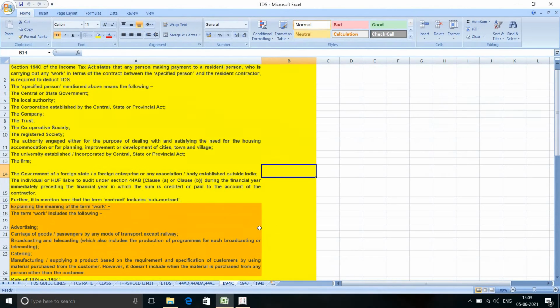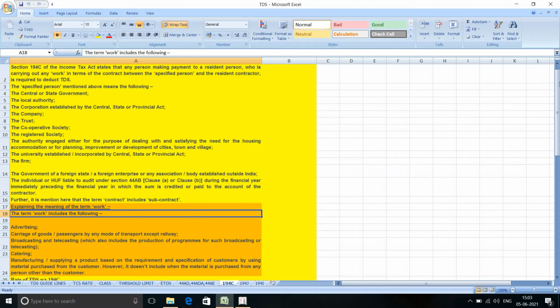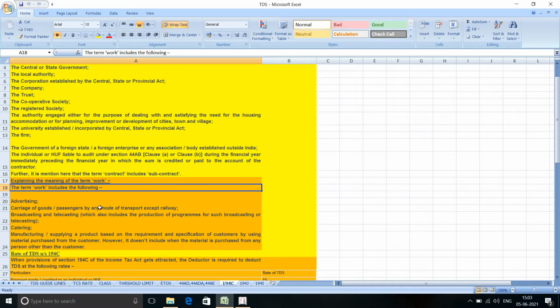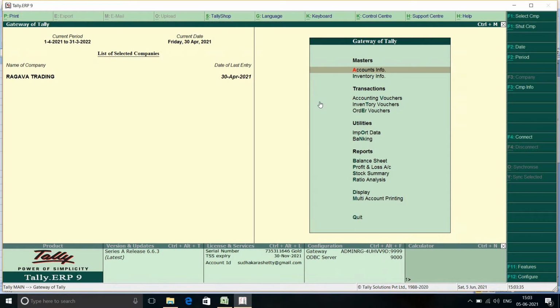Hello. Today I am going to explain how to pass the entry for TDS on contract. Yesterday I explained in what situation we have to deduct TDS, the percentage, and the rules and regulations. See,